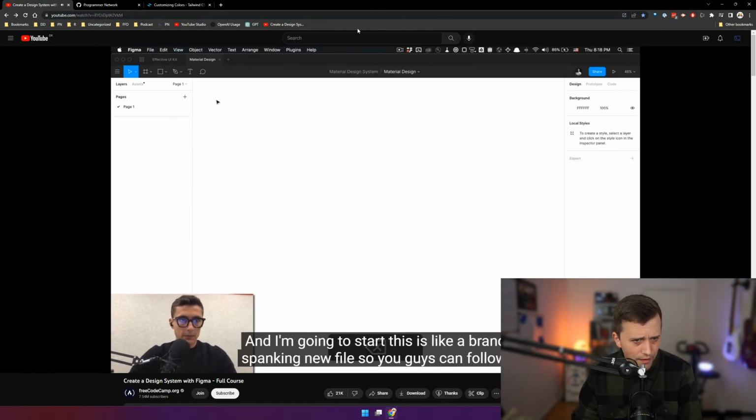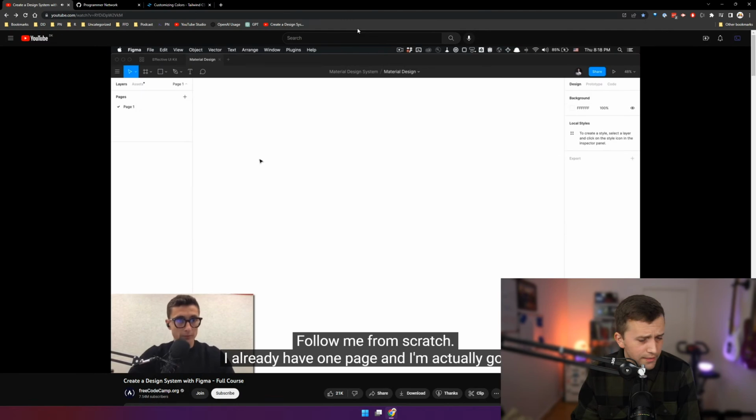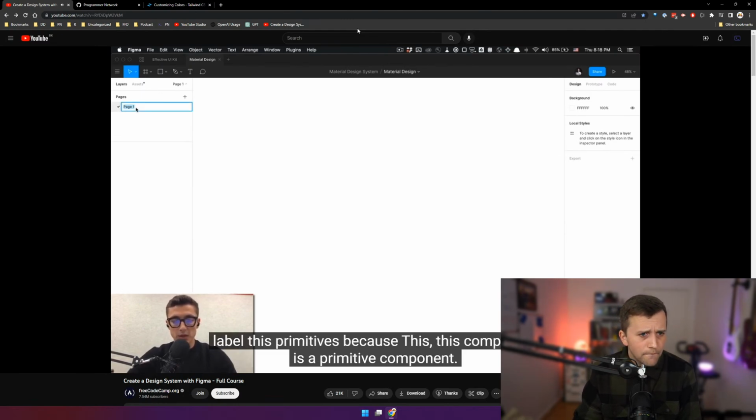So right, he's removed everything. This is like a brand spanking new file, so you guys can follow. Let's see what's the next thing we see. I have one page, and I'm actually gonna label this primitives. This component